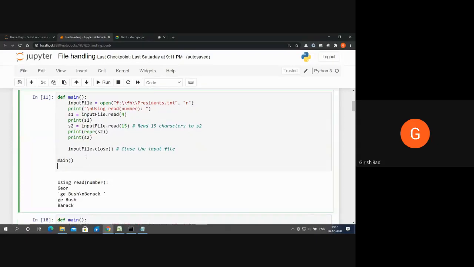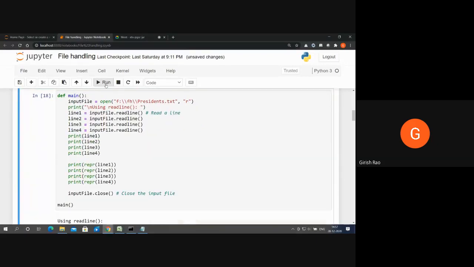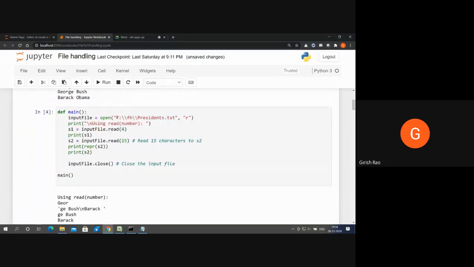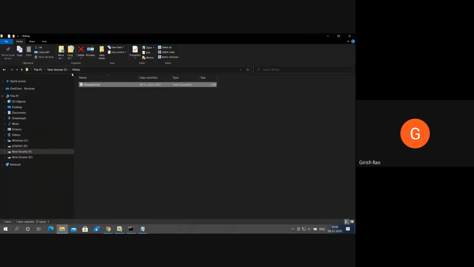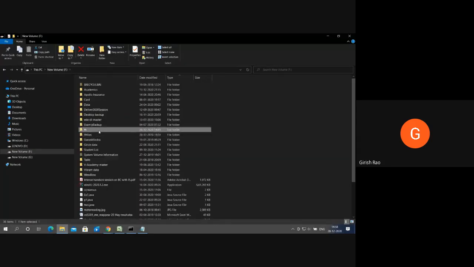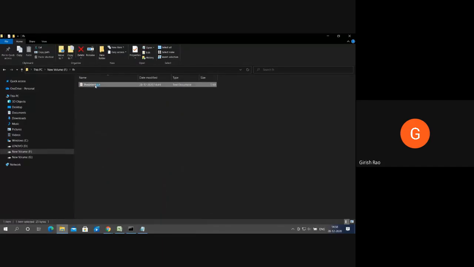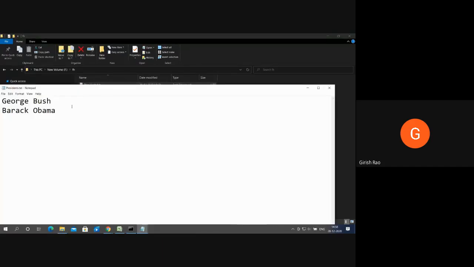Just pay attention to my running of this particular program. I am saying kindly read the contents of president.txt from the fh folder. Let's go to that folder. We have president.txt. What do we have? George Bush. Because of backslash n, it takes the cursor to the next line and writes Barack Obama.